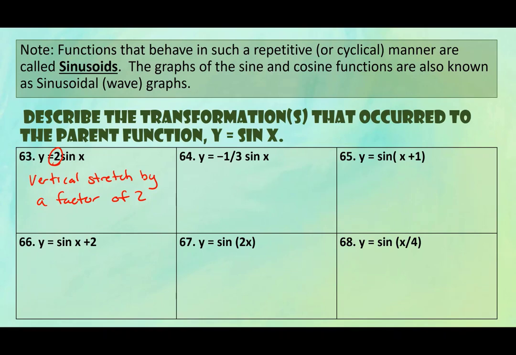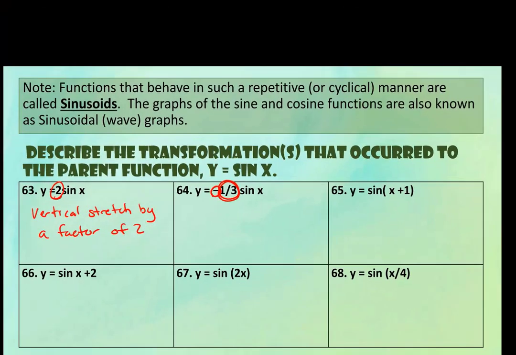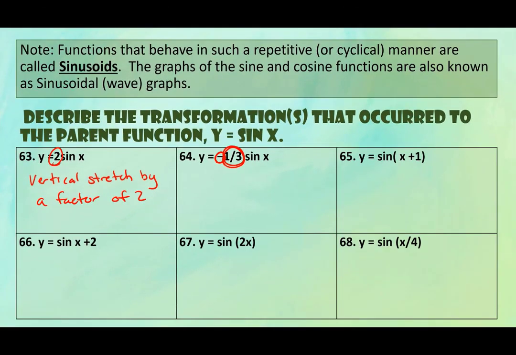Okay, so let's look at 64. We have 2 transformations here. We have this negative sign, which is its own transformation, and then we also have this 1/3. Okay, so what does the 1/3 do to it? Because 1/3 is less than 1, it is not stretching it like the last one. It's actually going to shrink it. Or if you guys want to use more technical terms, it's a vertical compression. So I like shrink and stretch because I can spell those all the time. So it's going to be a vertical shrink by a factor